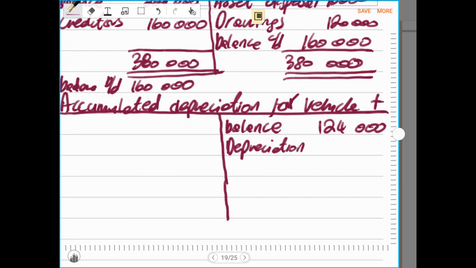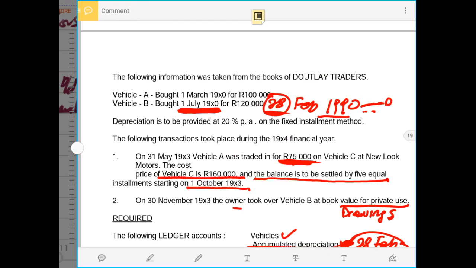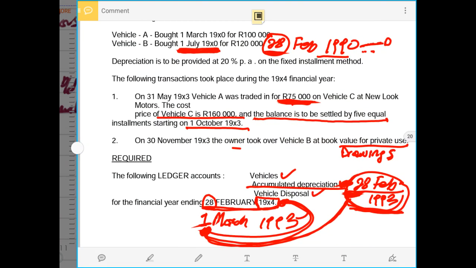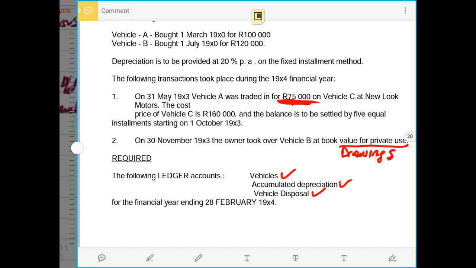Depreciation for the current year. That means our depreciation must be for vehicle A, vehicle B, and vehicle C where necessary. Therefore, now we have to check when vehicle A was sold or traded in, when the owner took vehicle B for personal use, and when we bought motor vehicle C, so that we take into account the number of months. It means our depreciation will be for 3 assets in this case, where necessary, because